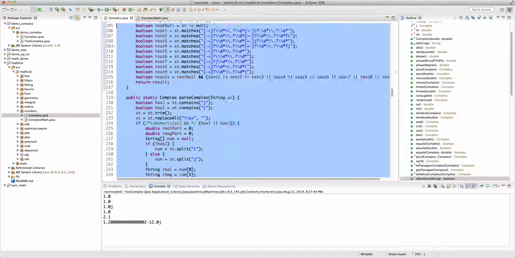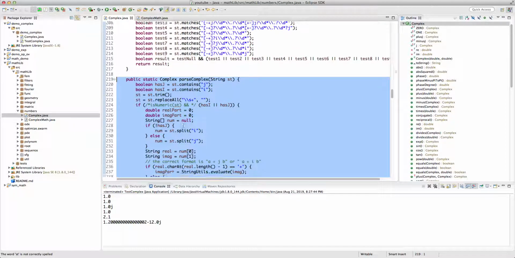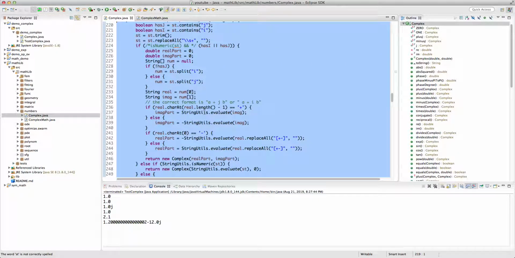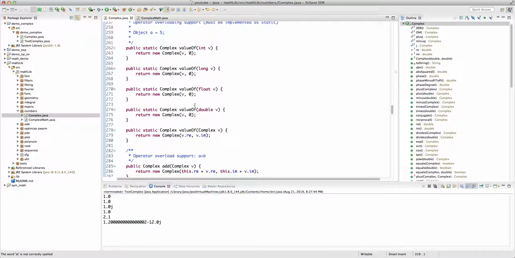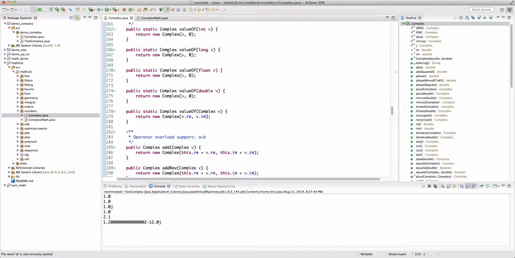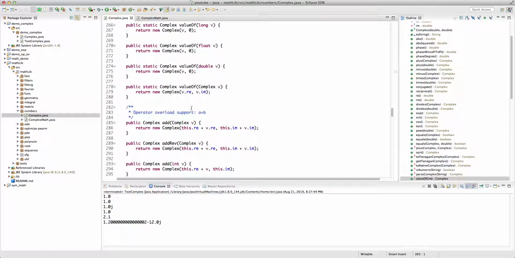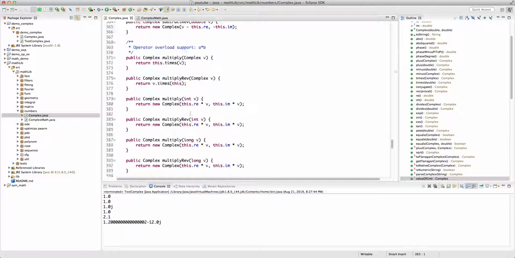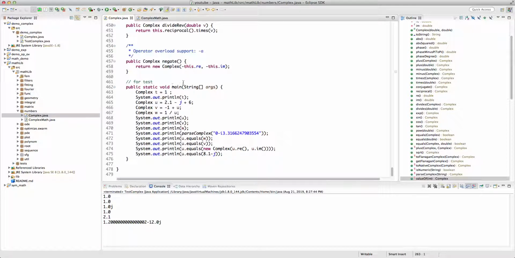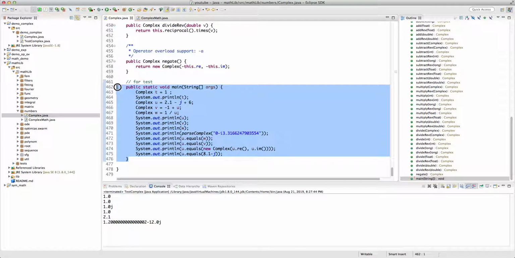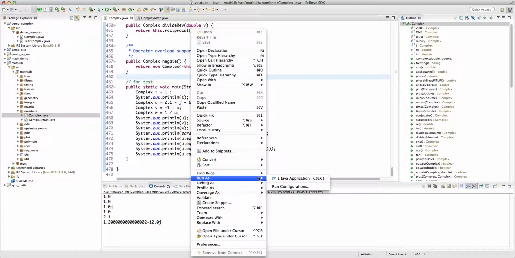You can look at it, but in order to show you how this works. And finally, this is the operator overloading. For assignment, remember the valueOf methods should be static. For addition, for subtraction, for multiplication, division, and negation. Now I've put some examples here. So if I just run this code,